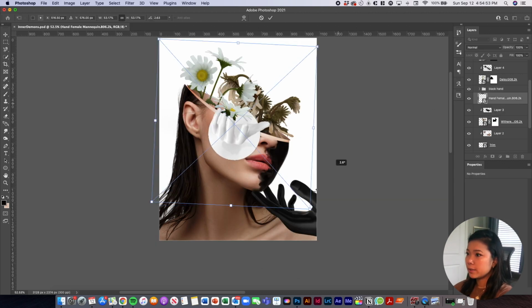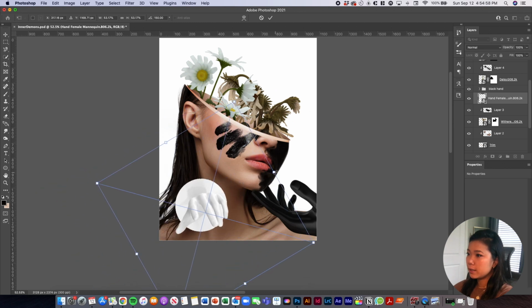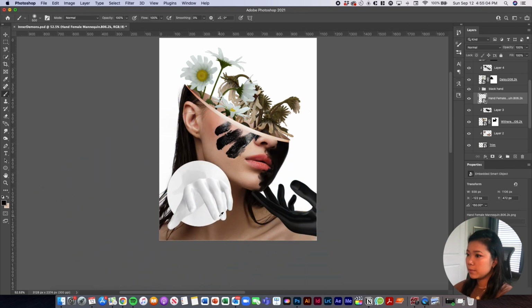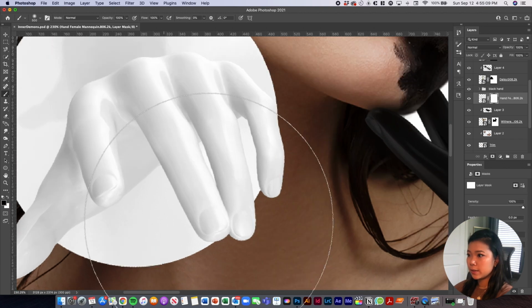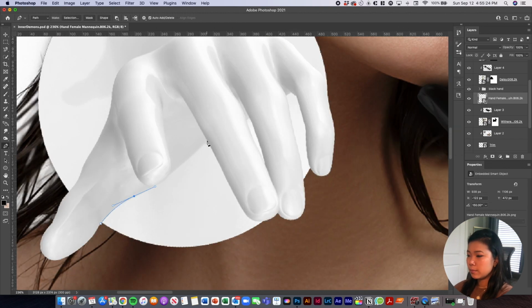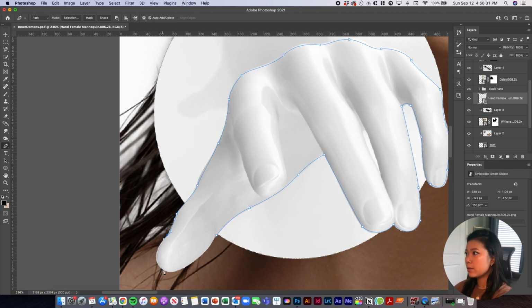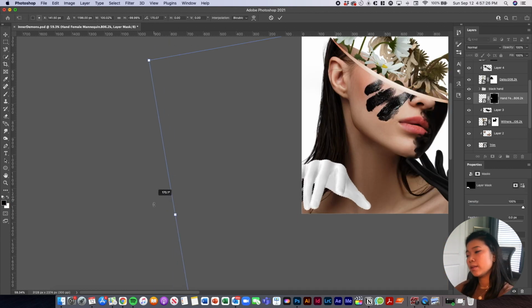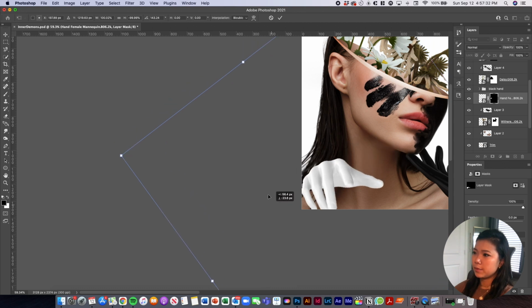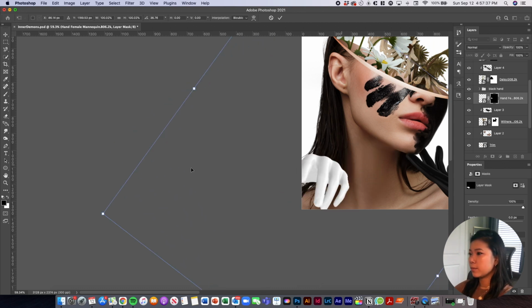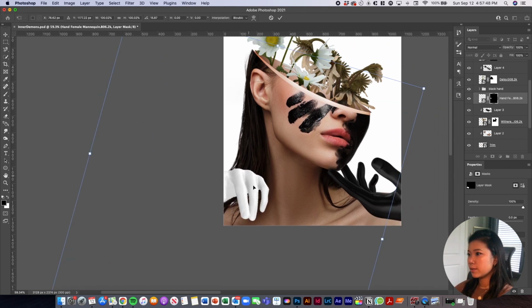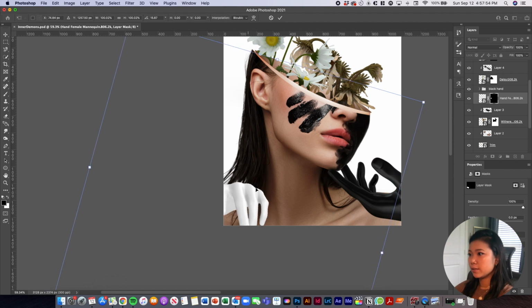Now this white one, I was thinking of having it be rotated this way, but I need to cut out the fingers from this circular thing. So we're going to use the pen tool and just kind of go around. Actually, I don't know if I even like this hand anymore, or if it's even necessary. So I might just get rid of this hand, honestly,